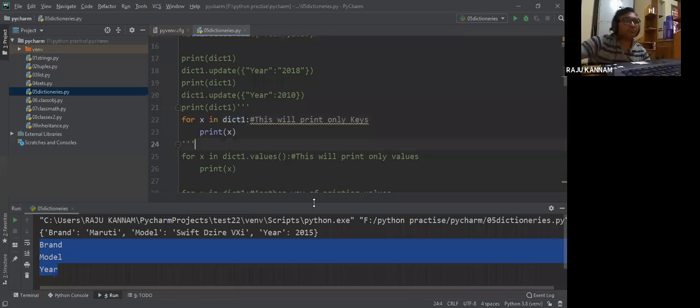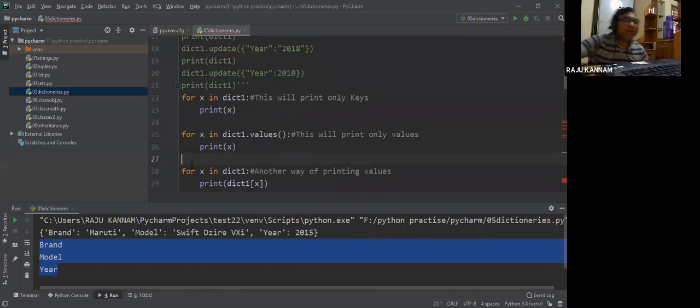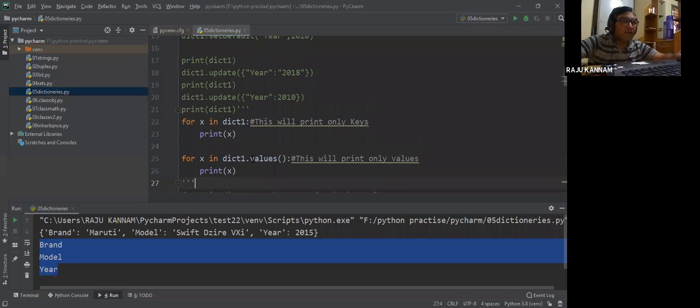And we have one method here. So what is that method? Values. With a normal for loop, we can only print the key names, but I want to print the values.